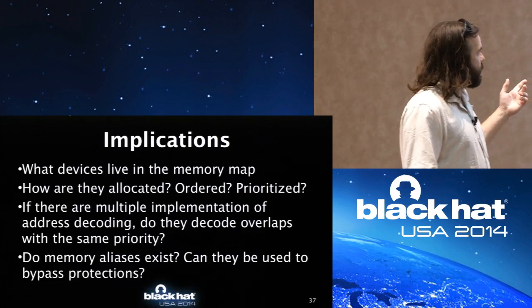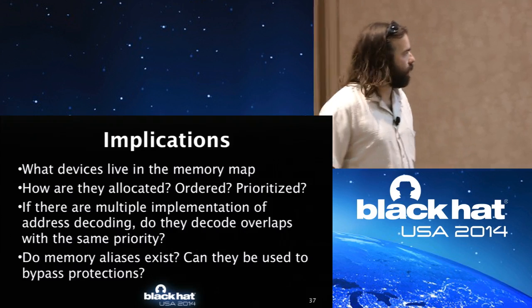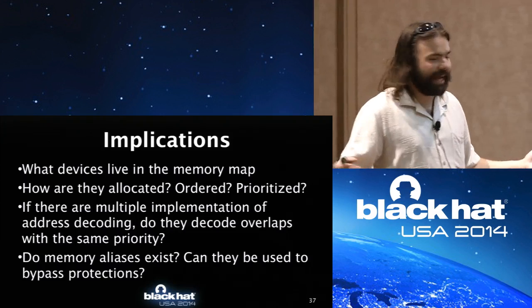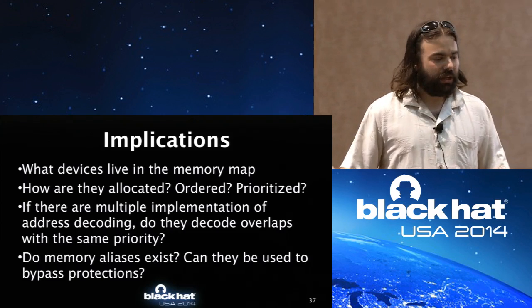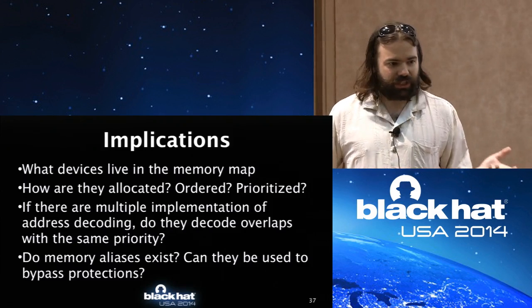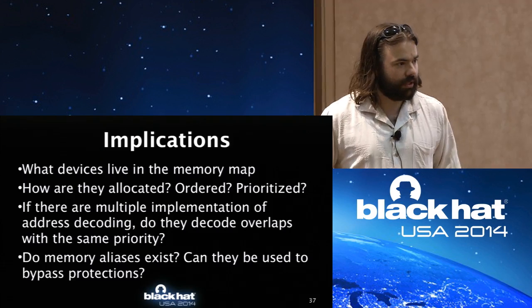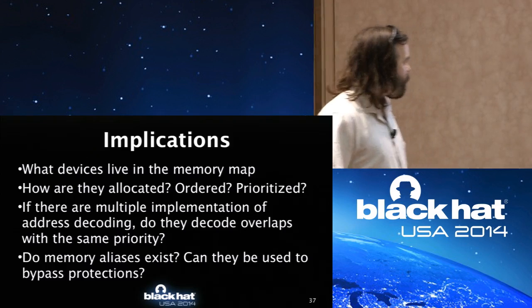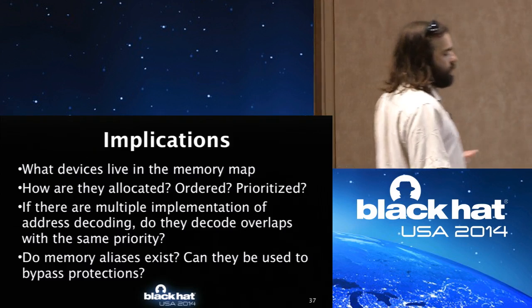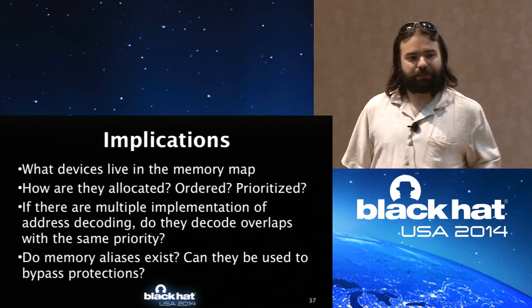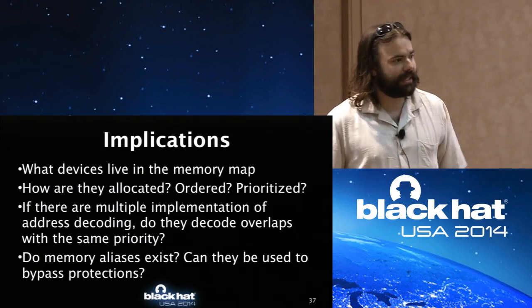So what devices live in this memory map? How are they allocated, ordered, and prioritized? If there are multiple implementations of address decoding, do they decode overlaps with the same priority? If you have two different devices on a bus, they might each have their own address decoding as to where they send things on the bus. Is it actually identical? Can you take advantage of that? And finally, do aliases exist? Can these aliases be used to access a byte of memory that is protected if you were to access it